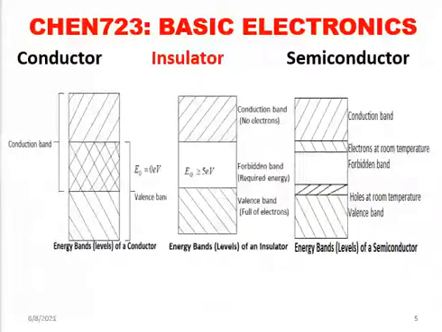Now, let us look at these three materials we have mentioned. We said we have conductors, which allow the movement of electricity through them. We have insulators, which do not, and then we have semiconductors, which are halfway. So if you look at these three diagrams, the first one is for the conductor, and you can see in this case, the valence band and the conduction band overlap one another, meaning all the electrons are already freely moving, therefore they are no longer attached to the valence band, but they are in the conduction band.